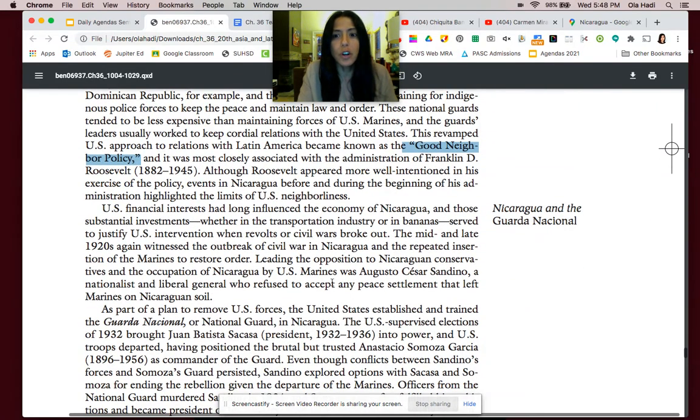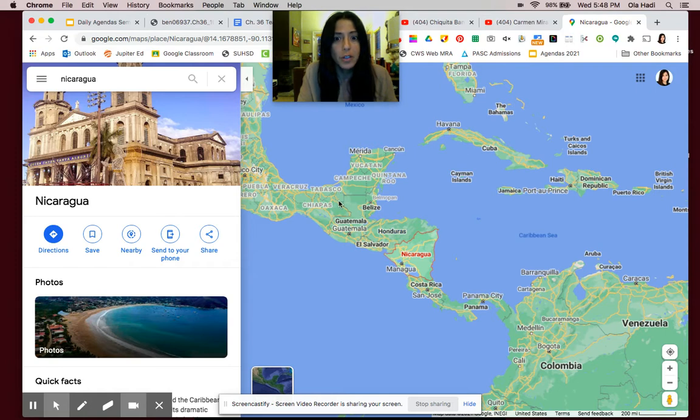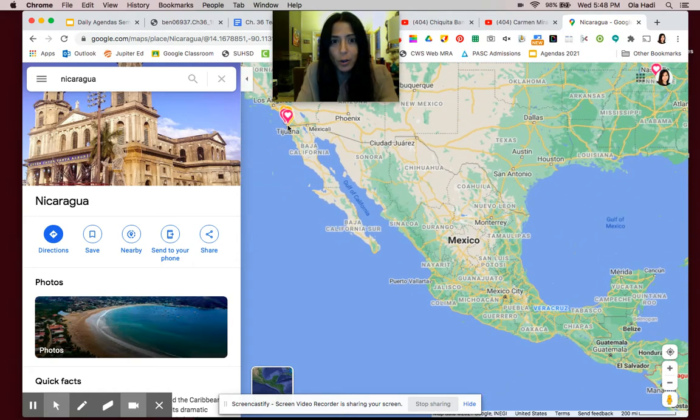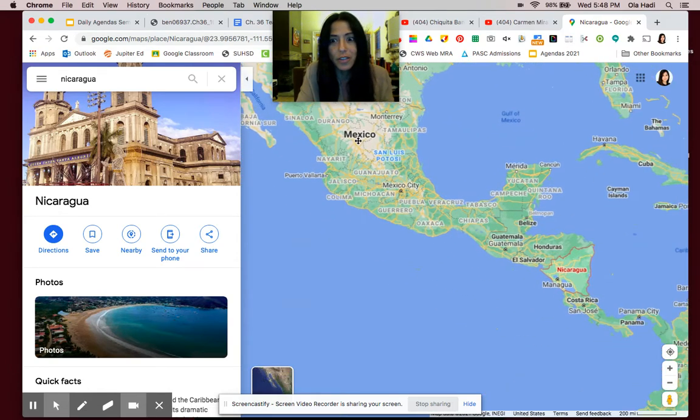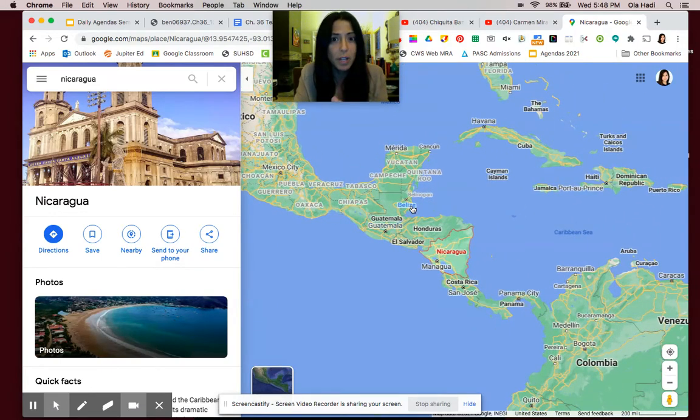Okay, so there are limitations to this Good Neighbor Policy. One example is in Nicaragua. I'll show you where Nicaragua is on the map. Most of us here in San Diego know that Mexico is just to the south of the United States, but sometimes students get a little lost. So it's going to go Guatemala, Belize, think go big, and then El Salvador, Honduras, you can think eat honey, and then you've got Nicaragua, Costa Rica, Panama. Come up with your own little mnemonic to remember that.